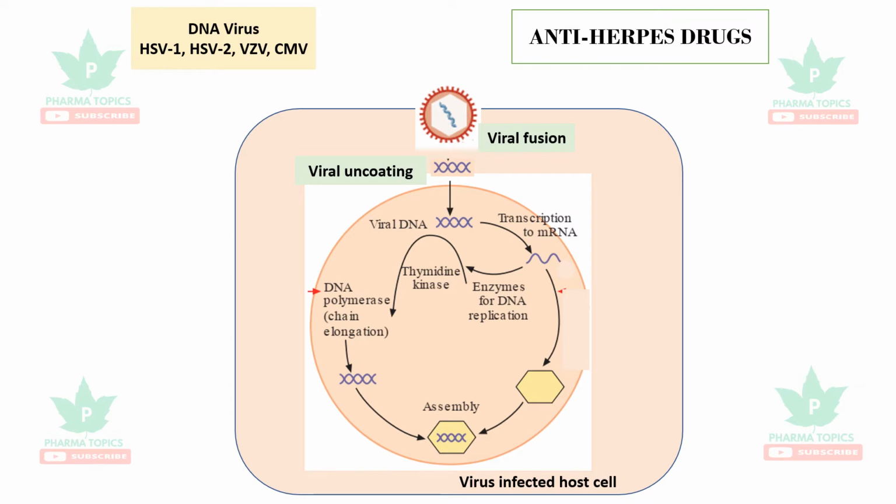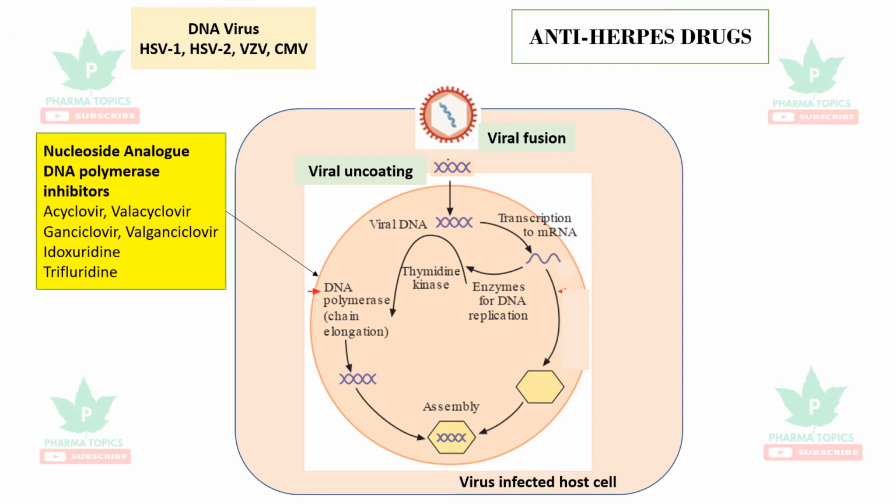with the help of DNA polymerase made as different copies that gets integrated with our DNA, and more copies of the DNA are formed with the help of DNA polymerase enzyme, and the DNA gets its own proteins by translation to mRNA. So the DNA copies and the transcribed proteins assemble to form the new virus, and that buds off from the infected cell that goes and infects the other cells.